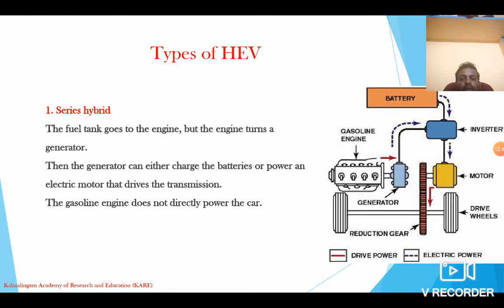The use of the battery is to store the current, and the inverter helps to regulate the current flow from the battery and to the battery, right? The regulator or inverter also helps to convert the mode of current. It can convert AC to DC as well as DC to AC, depending upon the needs, right?